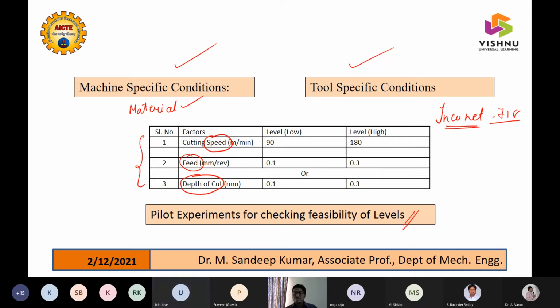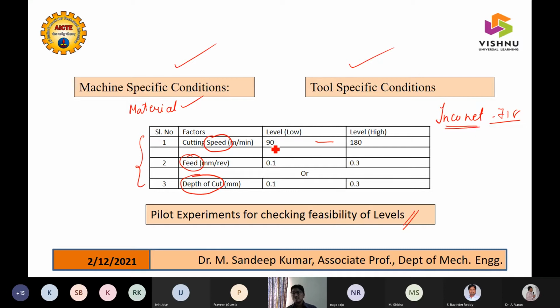So when it comes to machining, in the materials handbook for Inconel, they will be mentioning a range of cutting speed. So that is this range, 90 to 180. You can ask me why 90 and 180 were fixed. They are saying there is feasibility of machining Inconel 718 when you use speeds between 90 and 180. So what does that mean, you can't machine below that? No, I can machine below that, but the machinability will not be good for that material.